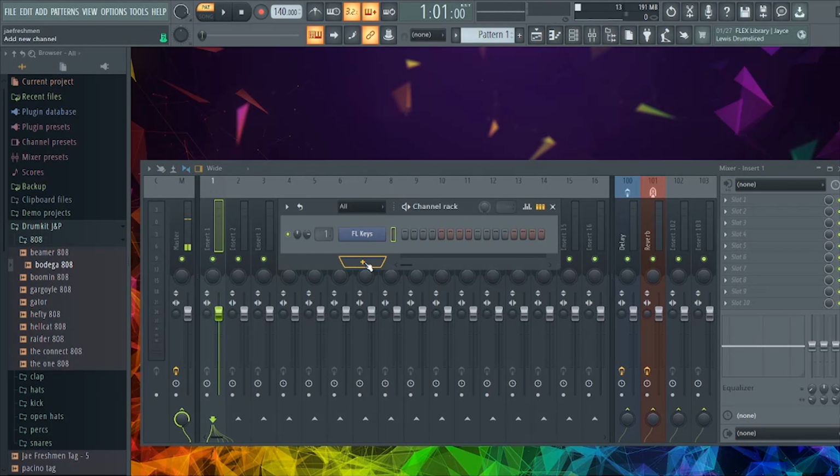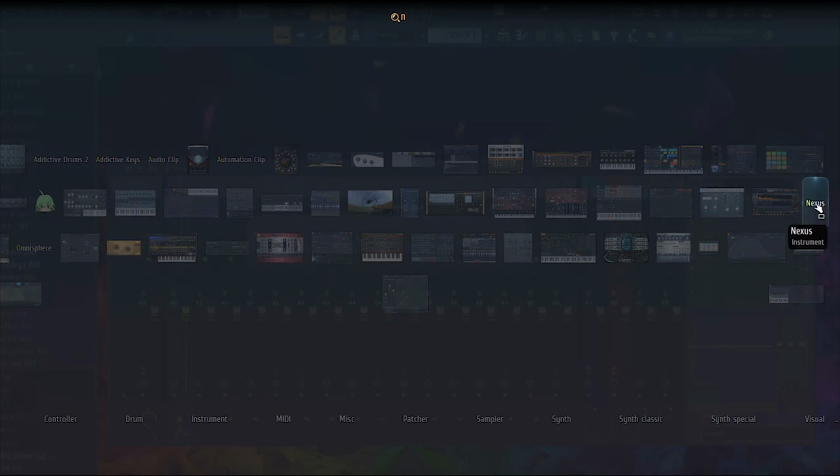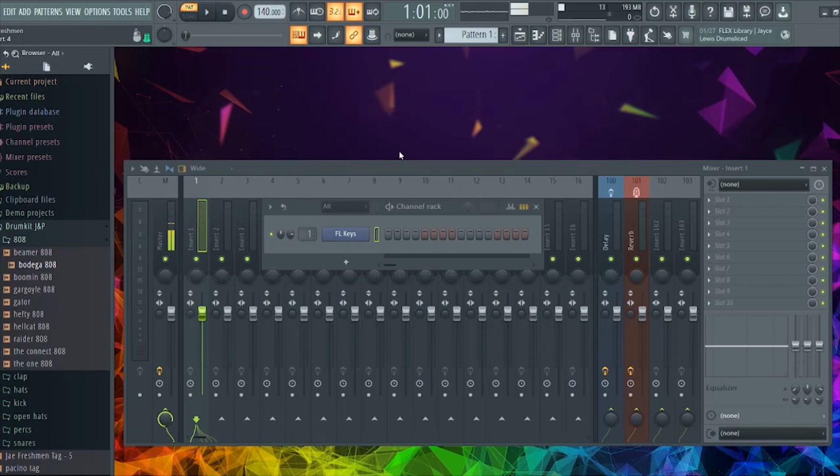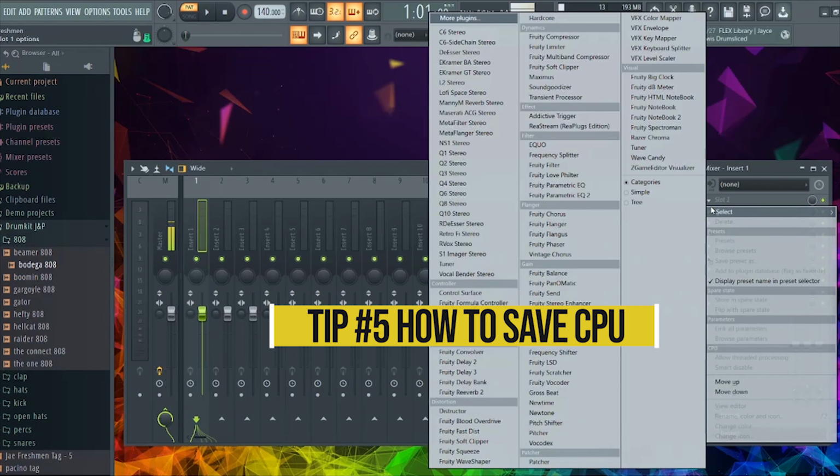So you can right click this plus sign. And let's say I'm looking for Nexus. Nexus is right there. Then let's say I'm looking for Omnisphere. It's right there. Now, the last tip in this functionality section is when you have so many plugins, like we're